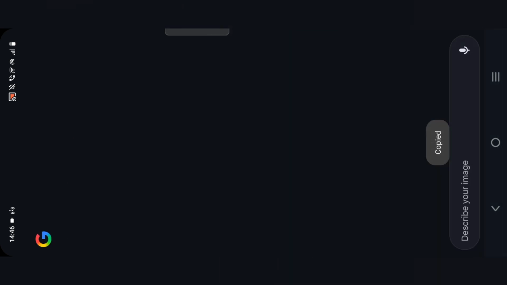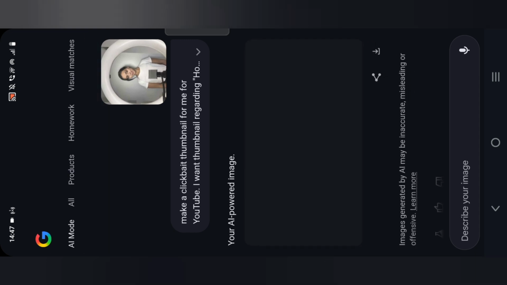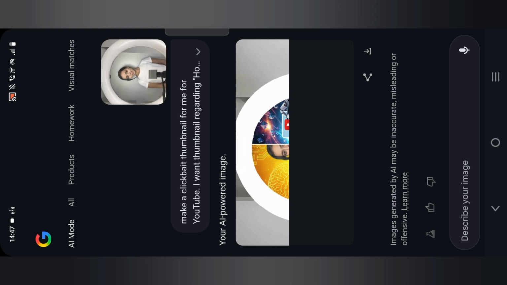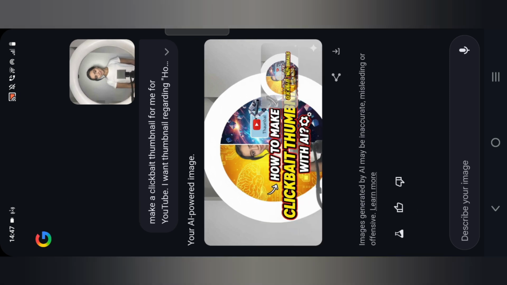Then right after the prompting you just need to click answer, and then it will start making your image. So you can see it's creating and thinking and working on this and putting it all together. So all you need to do right now is just wait. We are just waiting, and you can see it's creating our image, and our image is generated. That's the image it created, but I still don't like how it turned out,